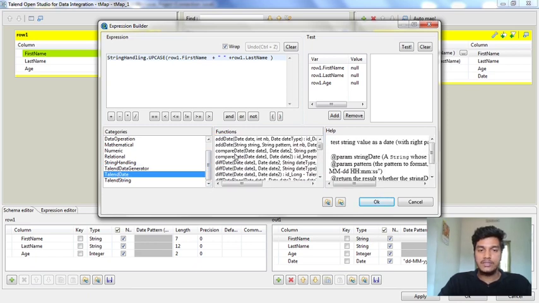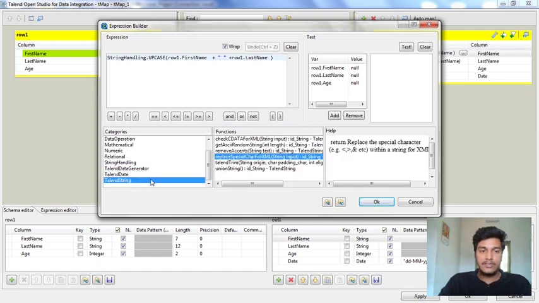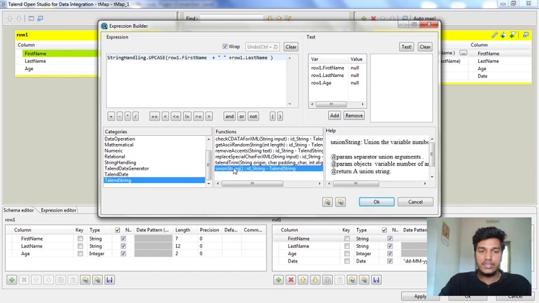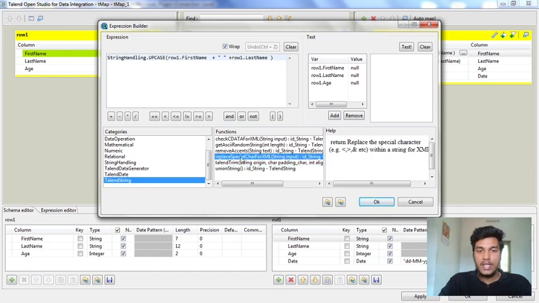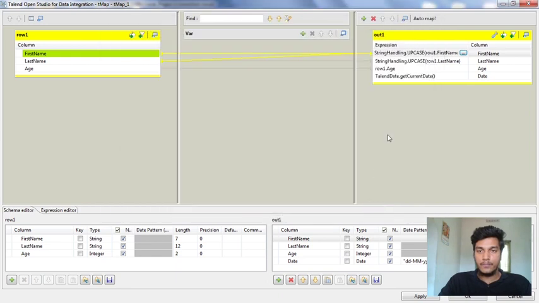Similarly, TalendDate means there will be some functionalities here, like getting the current date as well as getting the first day of the month. Like those things, we have a lot of functions here for TalendDate as well. These are the functionalities in the Talend string for Unicode string and removing special characters, like those things. So these are all the functions that are available for us to do operations on the individual column. This is how you can do operations on each field.